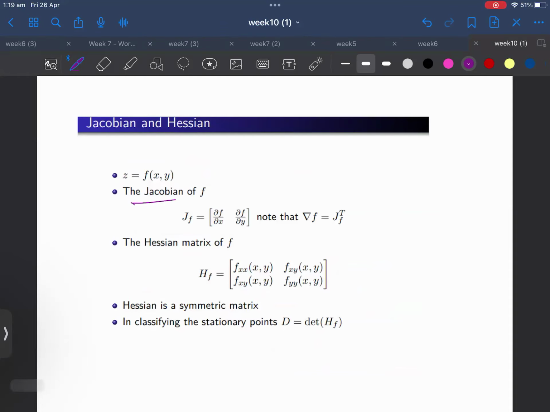So this is a Jacobian and Hessian. So Hf is a Hessian matrix. This way you can write it down, and the Jacobian Jf is